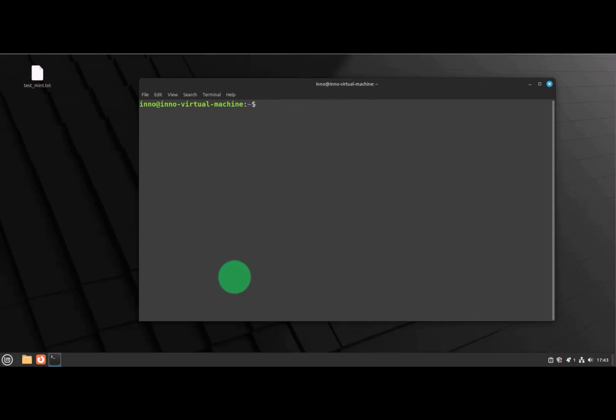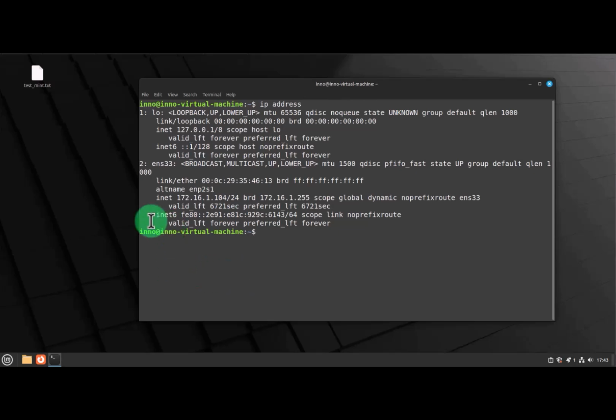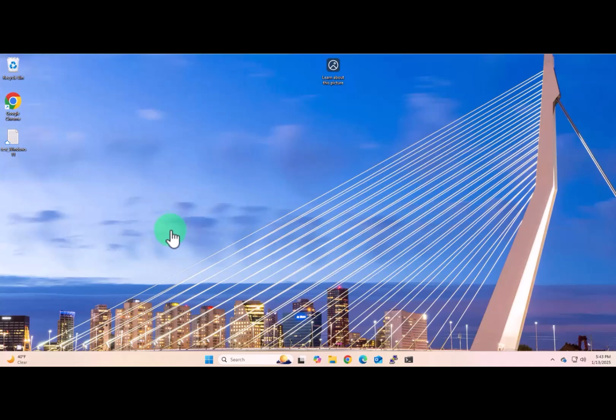The other thing we'll need on this device is the IP address. You can use the ip address command, and that should show us the IP address. For this one it's 172.16.1.104. Once we have that information, we can go to the Windows 11 device, and here we need to download